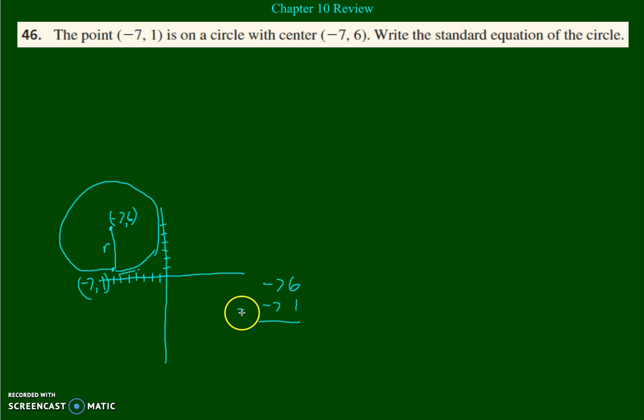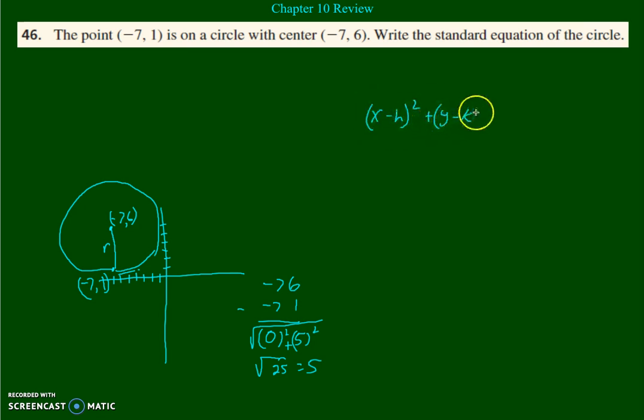So -7 minus a -7 gives me 0. 6 minus 1 is 5. So square, add, square root. So this is 0, square root of 25, which is 5. I could have just subtracted the two values, but I just wanted to show you the distance formula one more time. And so our radius is 5, and we can find our equation by saying x minus h squared plus